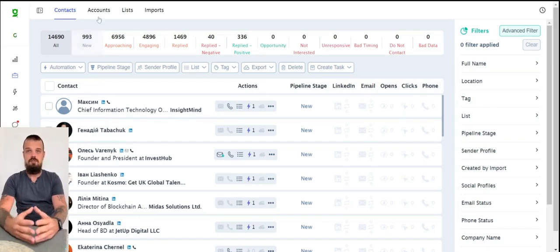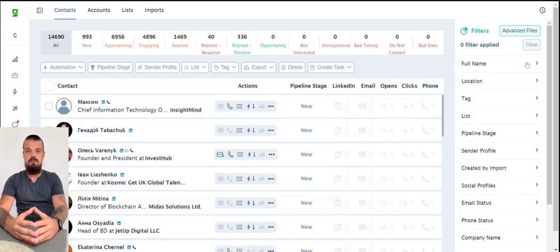The set of functions greets us on the right side of the screen. Most of these filters, if we go from the top, are intuitive, but the magic begins at the bottom. It is also worth noting that most settings can be combined not only between different filters, but also within a single filter, and the values can be both added and excluded from the flow. A little further, we will visually demonstrate this using the activity function, but now let's go through all the points